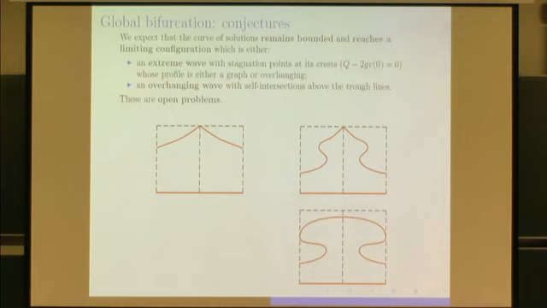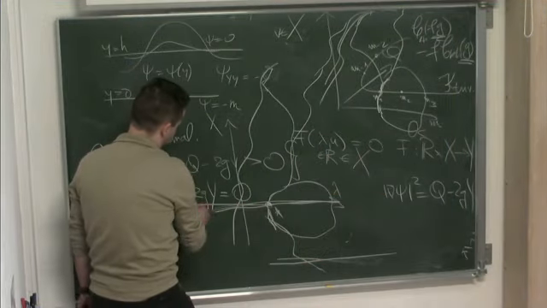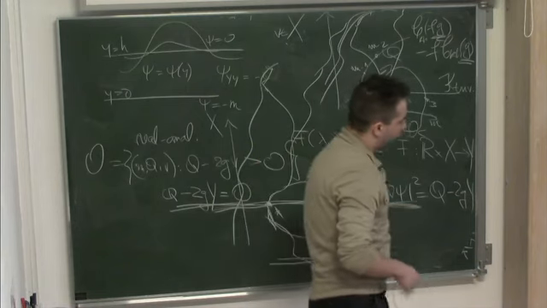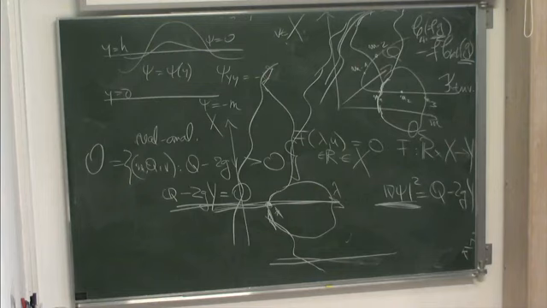So, for example, there was this possibility that the solution curve goes to infinity in function space, but we believe that that does not happen. So we would like to prove that the curve of solutions does remain bounded, but instead it reaches the boundary of the open set. So there will be a limiting configuration where this is 0. So this would correspond to a stagnation point at the top of the wave, and in that case,